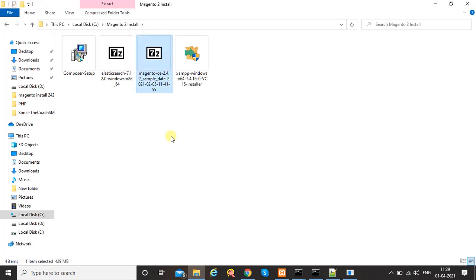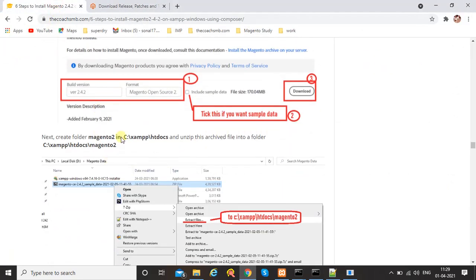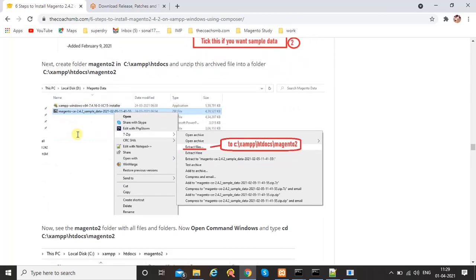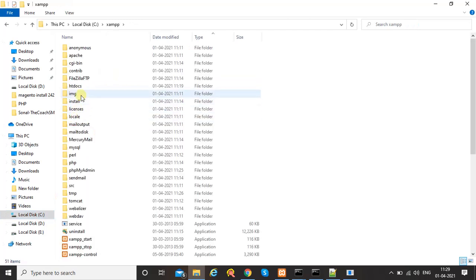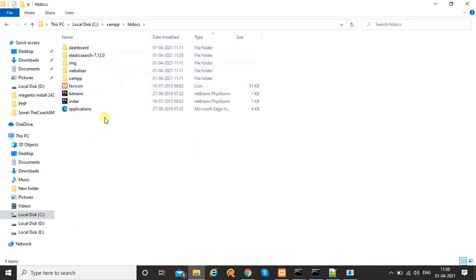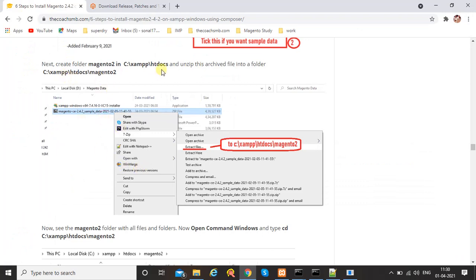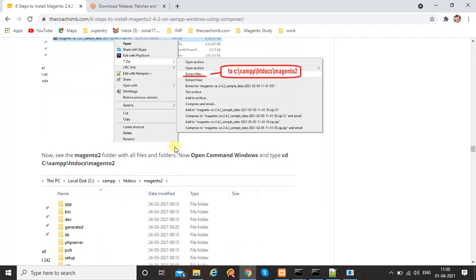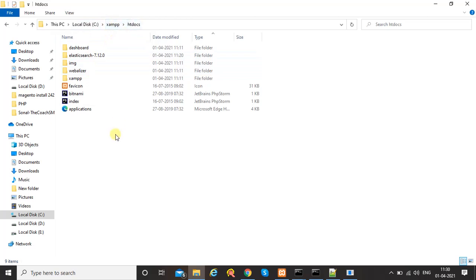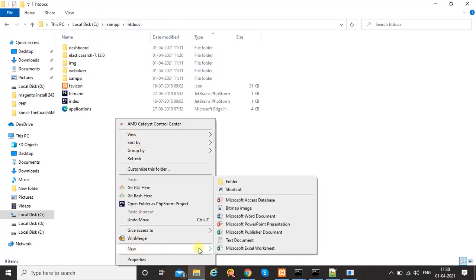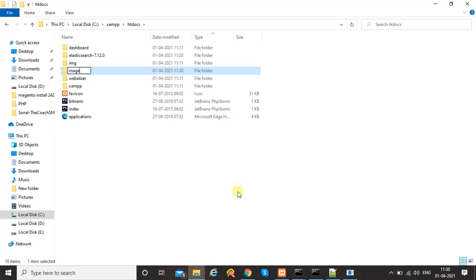Okay, so what is the next step? We downloaded it. Now is the time to install it. Okay, so yeah, everything is mentioned. Cool. Now we will extract this file in XAMPP htdocs. In this folder we need to create our magento2 folder in XAMPP htdocs, so that the downloaded file will be extracted there. Cool. So it will look like this. Okay, let's do XAMPP htdocs, create new folder, name it magento2,